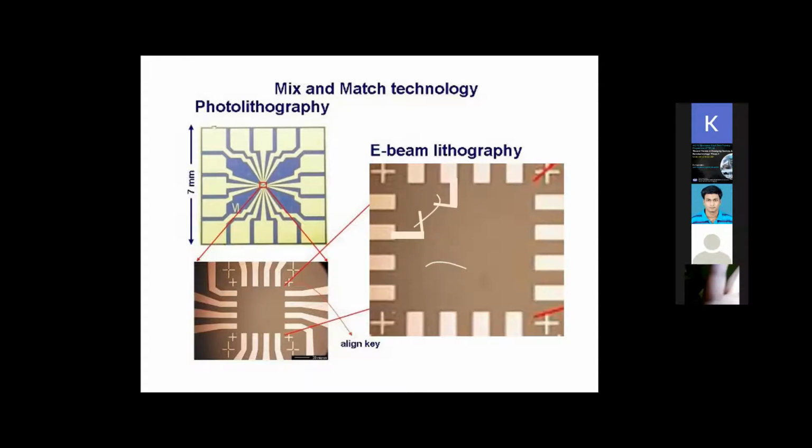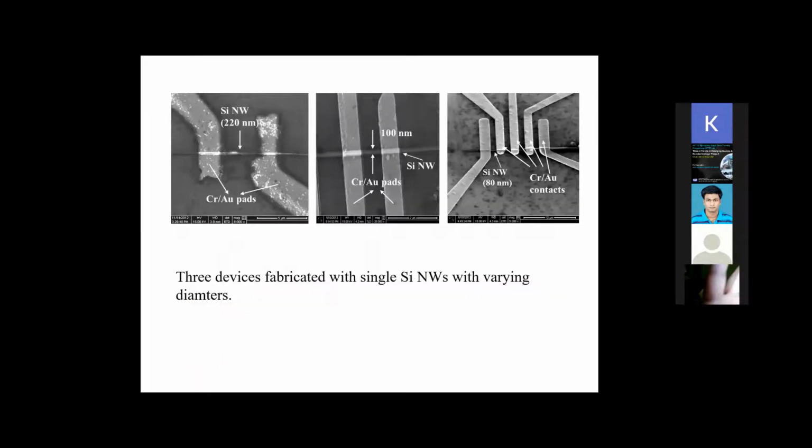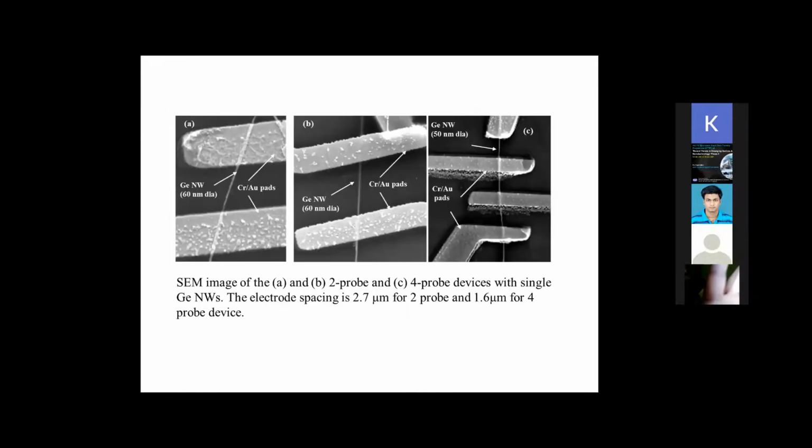So you can see initially from the larger pad we make a pad which is near to the nanowire, and then make a thinner writing just over the pad. So it will be a two-step process, and then we connect those. So here are some of the result. We have made lot of silicon nanowires. We connect them, we make transport property, then photoelectric detection of these single nanowires. We also have done with the germanium nanowires.